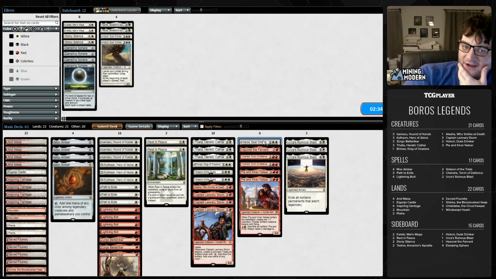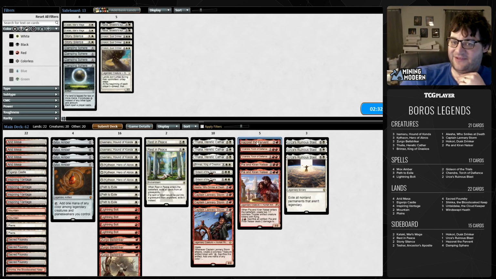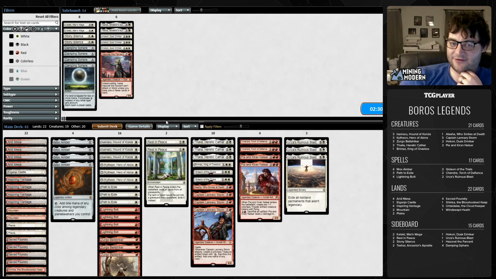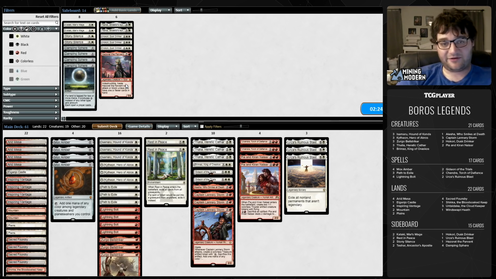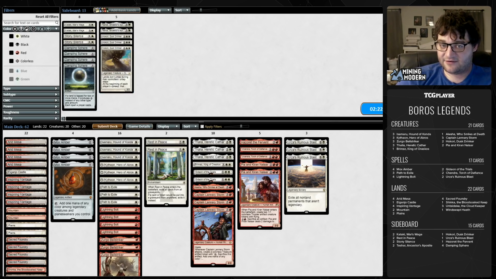Well, Corey actually seems pretty bad. Hazoret seems pretty bad, too. I mean, Hazoret's never bad, I guess. It's fine. It actually blocks hollow ones really well, but I don't know. Maybe it's fine. What do we want to cut, though? We do need to cut stuff, so...